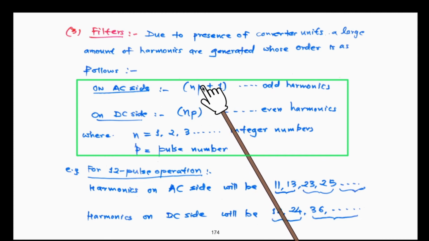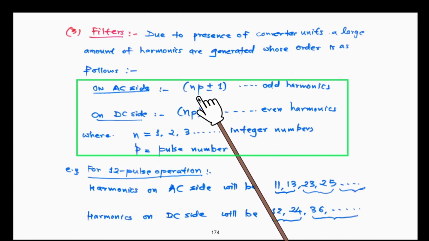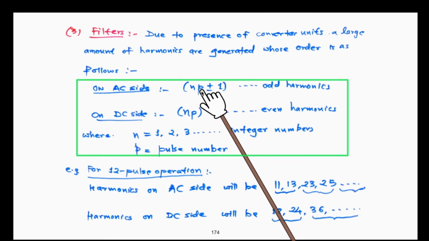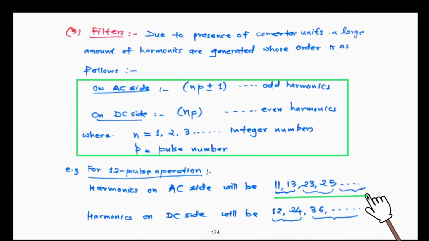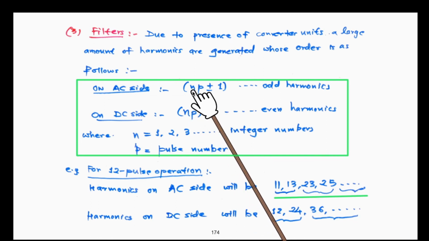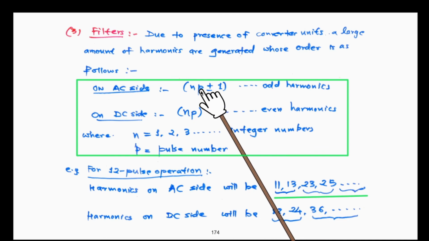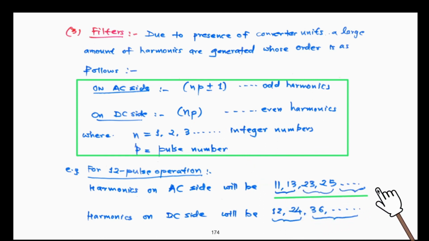Generally, bipolar DC schemes, HVDC schemes, work with a pulse number of 12. So if P is 12, then we can substitute N equal to 1, so 1 into 12 is 12 plus minus 1. You just substitute N equal to 1, 2, 3 and so on, with P equal to 12. So 11th, 13th, 23rd, 25th and higher order harmonics will be present